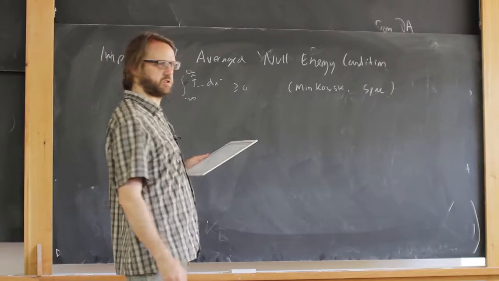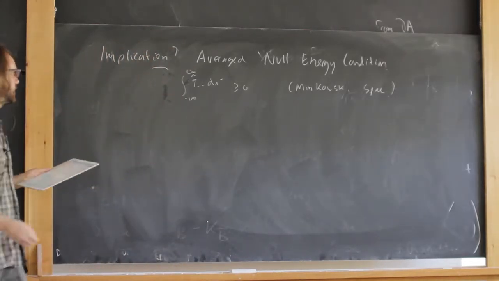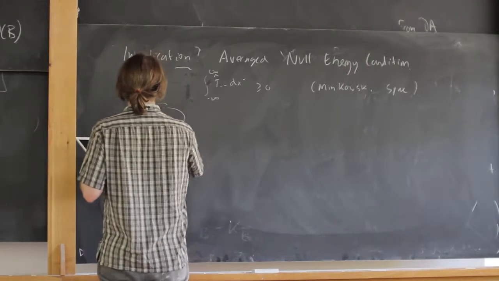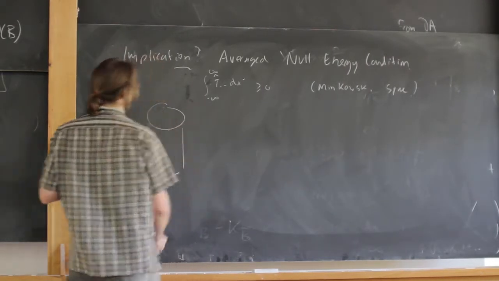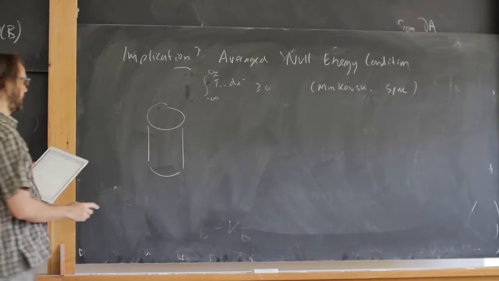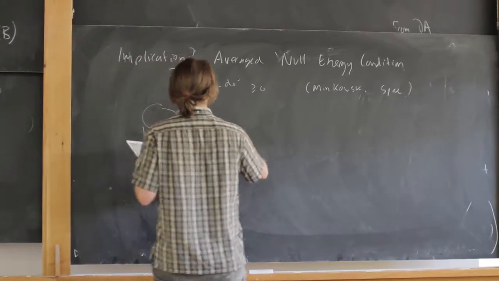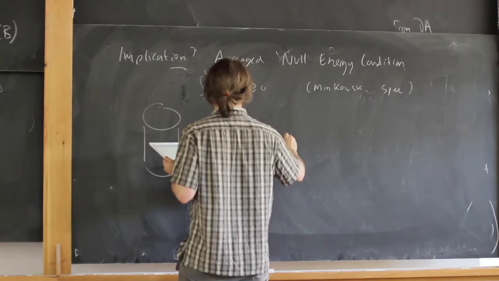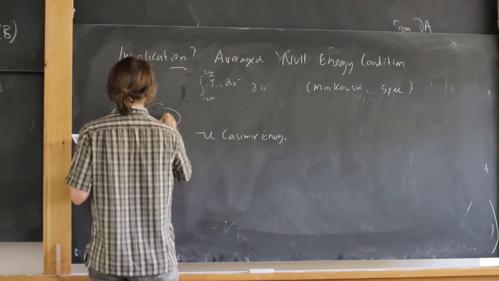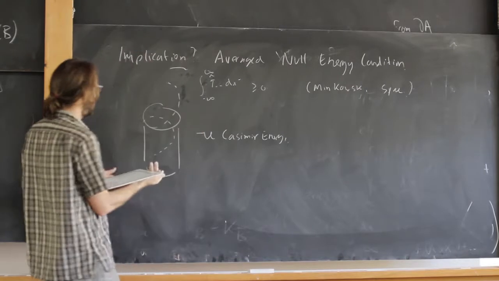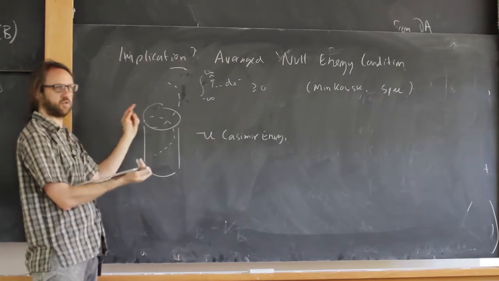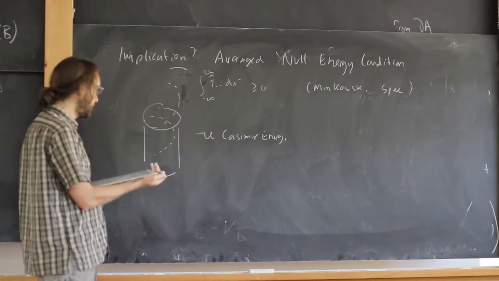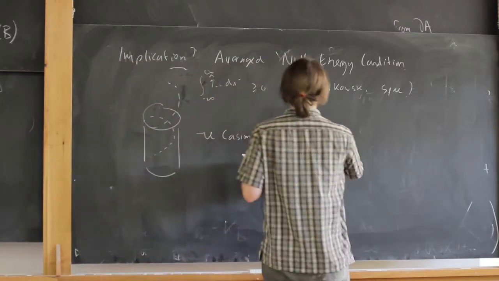There are examples where you can easily violate it. One example is if I put the theory on a cylinder, then you get a negative Casimir energy. And then the average null energy condition is just integrating a null geodesic around here. So you're just integrating up this negative answer. So this is a violation